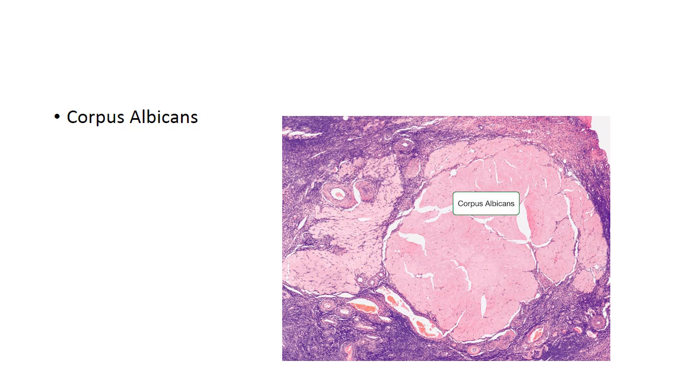So degeneration of the corpus luteum following menstruation or pregnancy, depending upon fertilization occurring or not occurring, results in autolysis of the lutein cells and an increase in the connective tissue. Finally, the corpus luteum becomes completely replaced by a mass of white fibrous tissue, which is called the corpus albicans, meaning a white body. These are all questions which are asked in the viva and MCQs also.